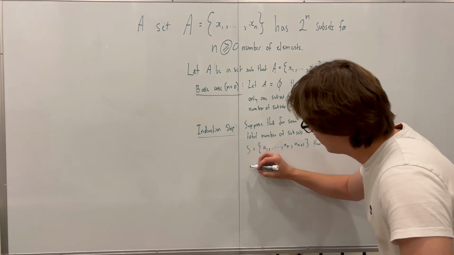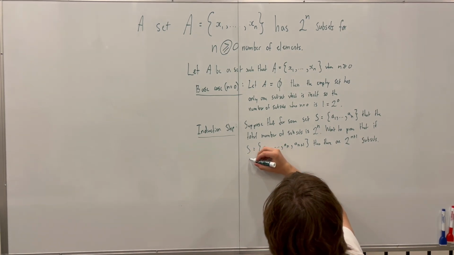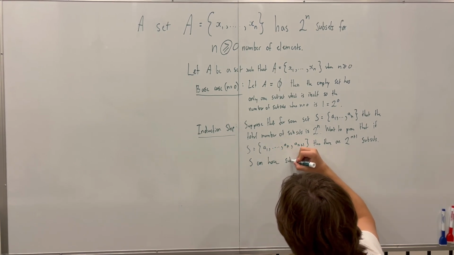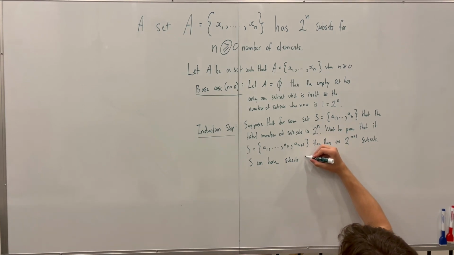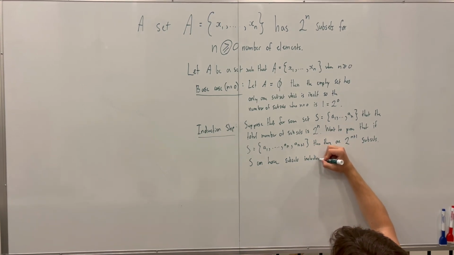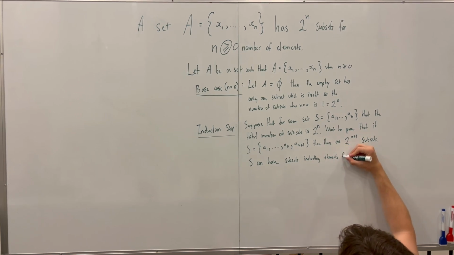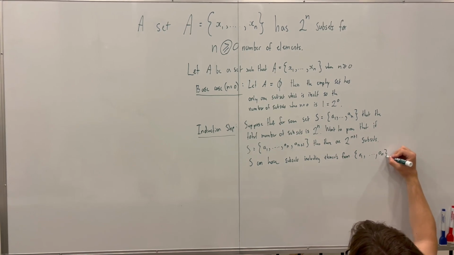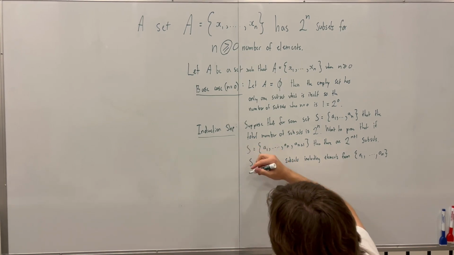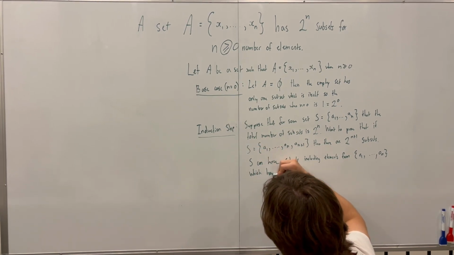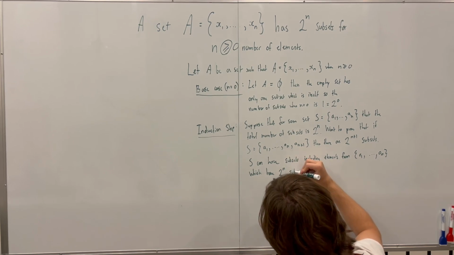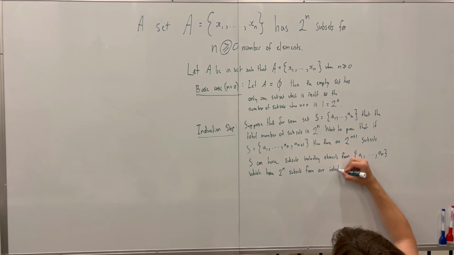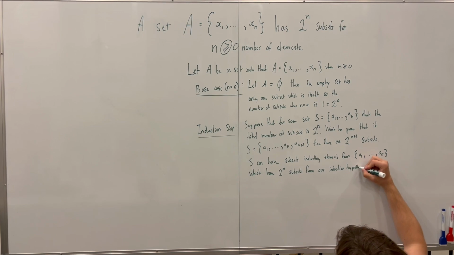So what do I mean by this? So we can say that S can have subsets, including elements from A1 all the way up until AN, which have 2 to the power of n subsets from our induction hypothesis,